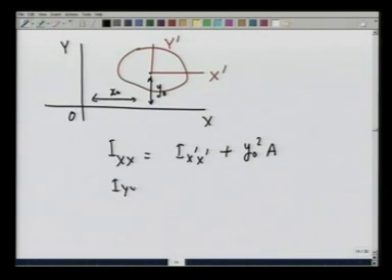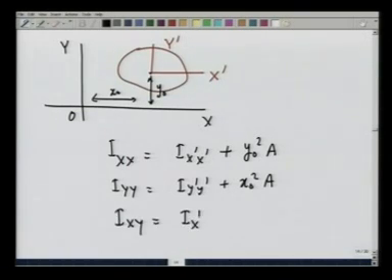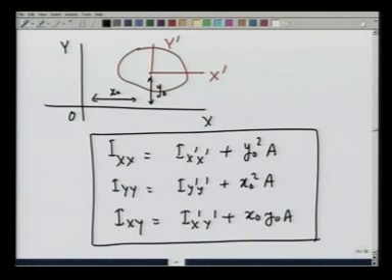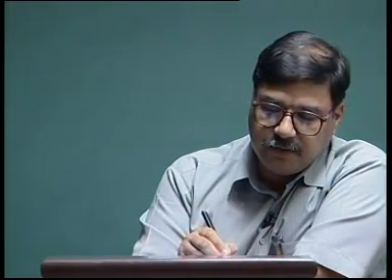I_yy is equal to I_y' plus x_0 squared times the full area, and I_xy equals I_x'y' plus x_0 y_0 times the entire area. These are known as transfer theorems. Using these, I can transfer the moment of an area or the product of area from one coordinate system to another. As an example of the application of the transfer theorem,